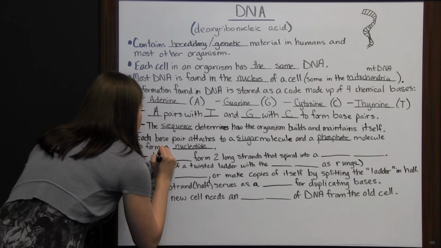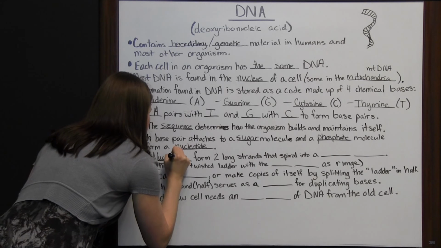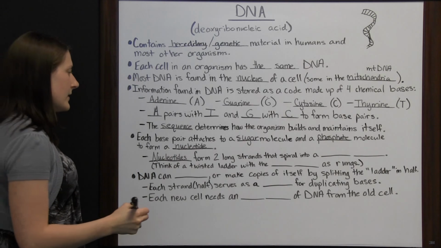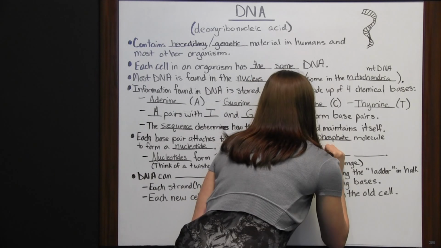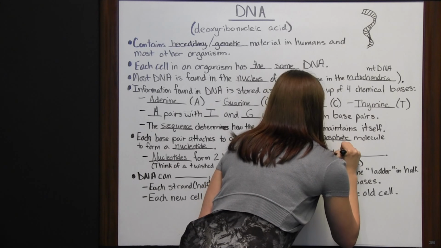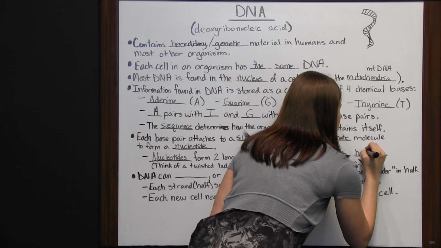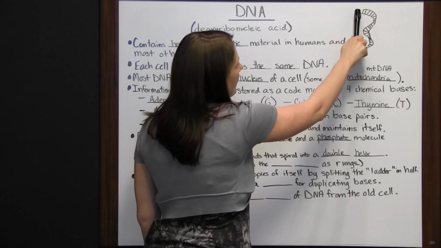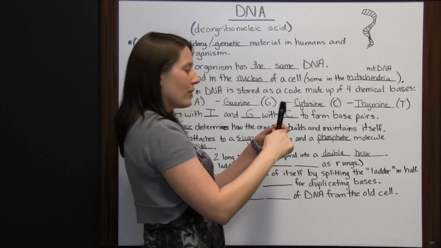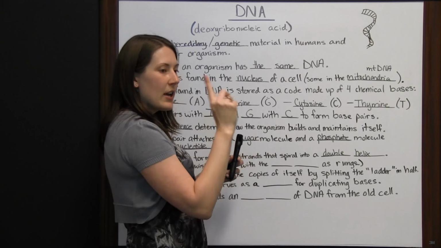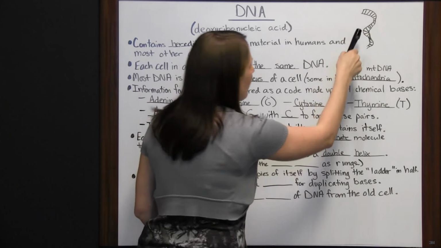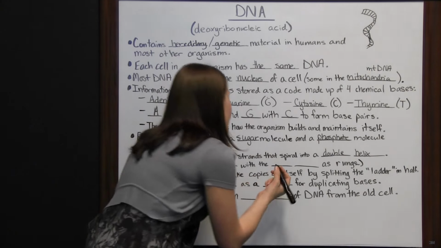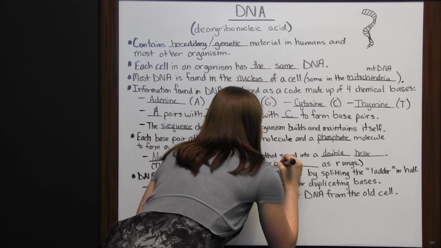And these nucleotides form two long strands that spiral into a double helix. That is the shape that DNA takes on. And I did my best to give you all an example of a double helix. It kind of spirals around. If you were to curl a ribbon around my pen, it would form that kind of double helix shape we're talking about. And you should think of a twisted ladder with the base pairs